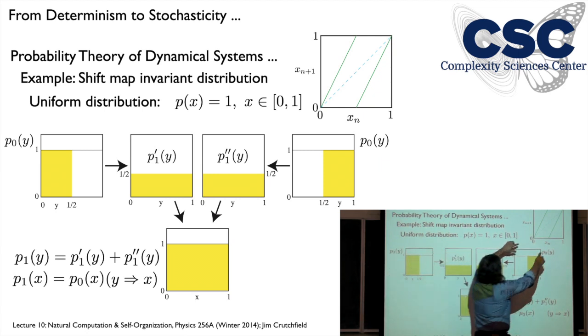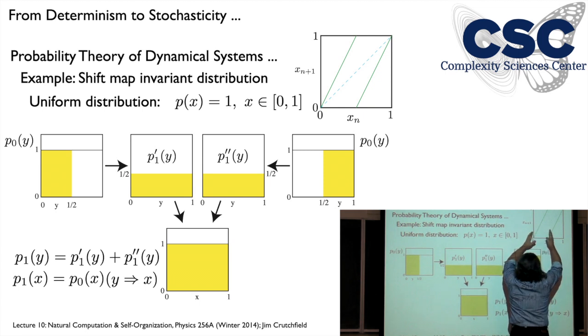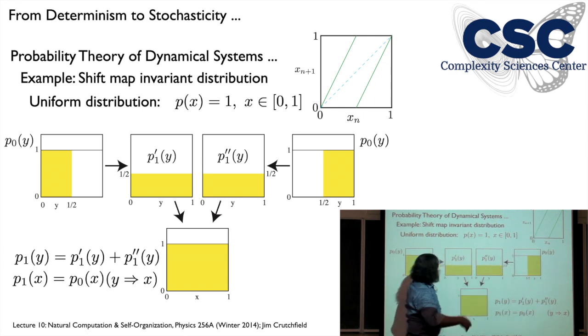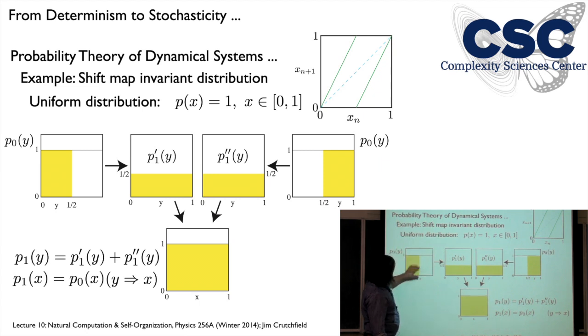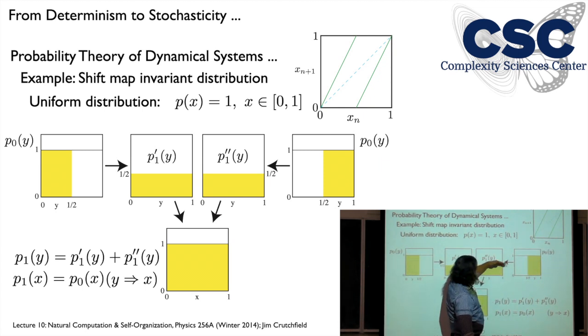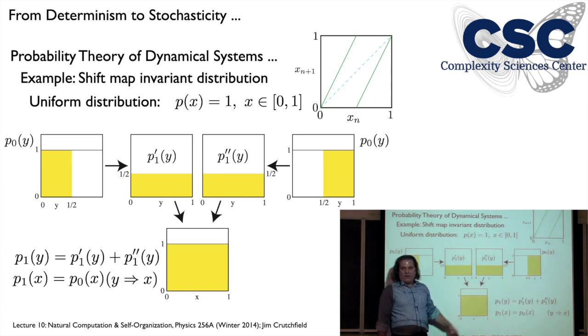Well, I just have uniform density here up to here, and then I multiply it by 2, so the support goes 0 to a half. In the range, it goes 0 to 1 now, and it spread everything out and reduced the amplitudes by half. It started with amplitude 1, and is now amplitude a half in the range. So we go from this half distribution to now this spreading out. This upper half, same thing happened here. It goes over the whole interval, but the amplitude is half. And now every point in the range has contributions from each of the two halves, giving uniform on the interval again, which is what we started with.